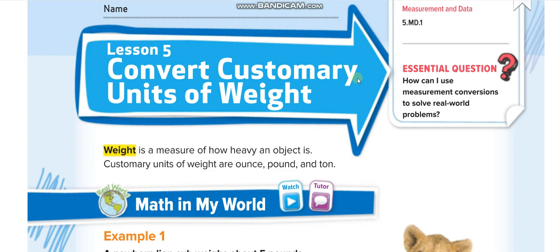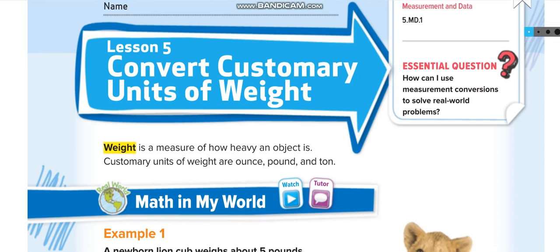Today's lesson for grade 5, chapter 11, lesson 5: convert customary units of weight. Okay, the page number is